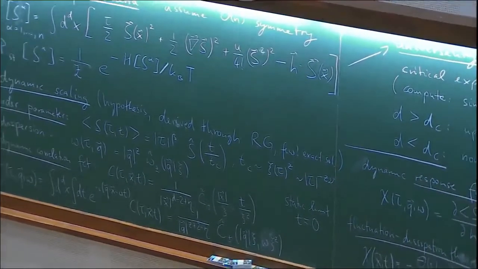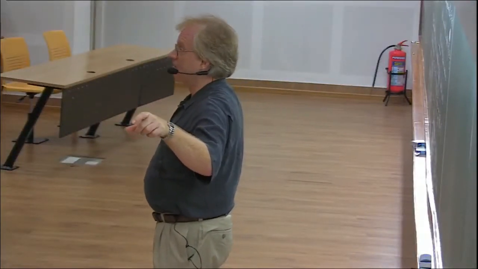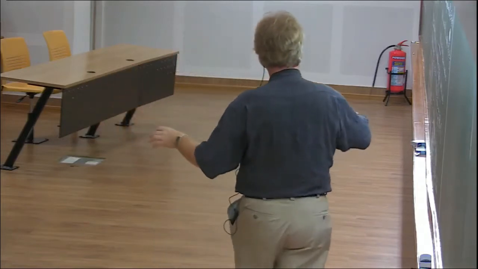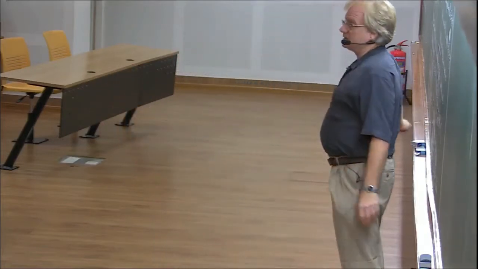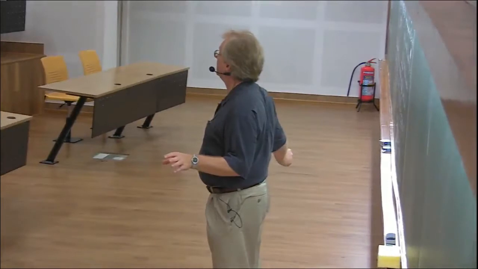Now, the static limit for correlation functions is when both your order parameters are taken at the same time. So for the correlation function, as I define it here, the static limit is at time equals 0. Okay. This is roughly how far we got yesterday, and so are there questions?